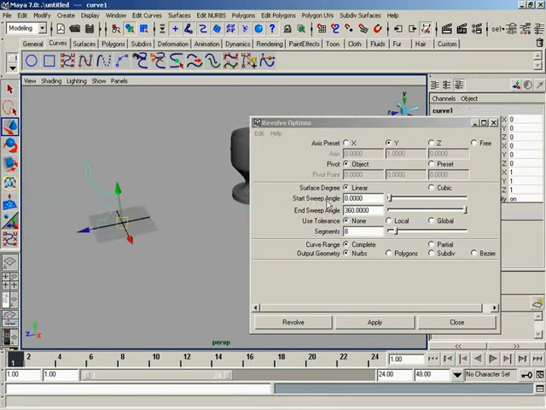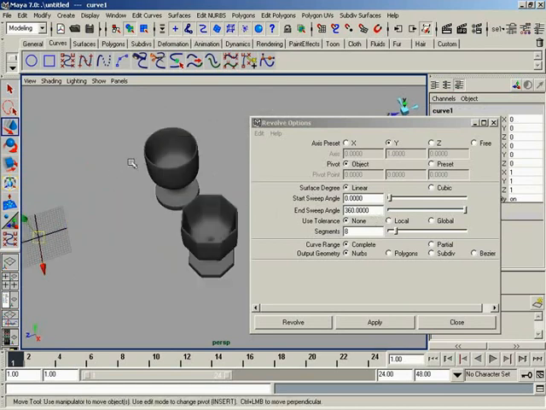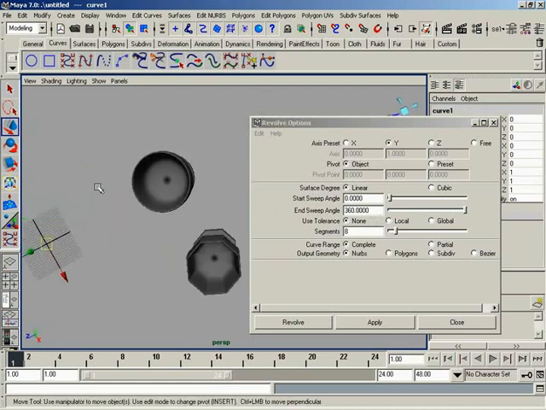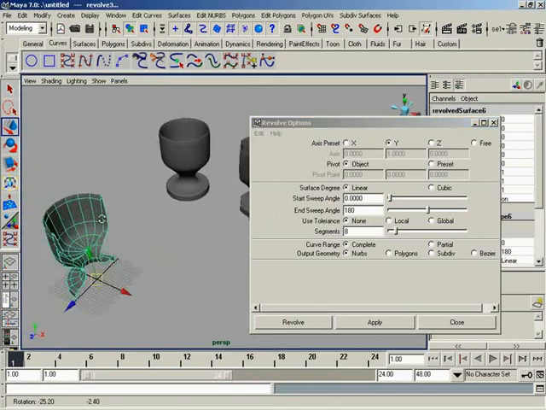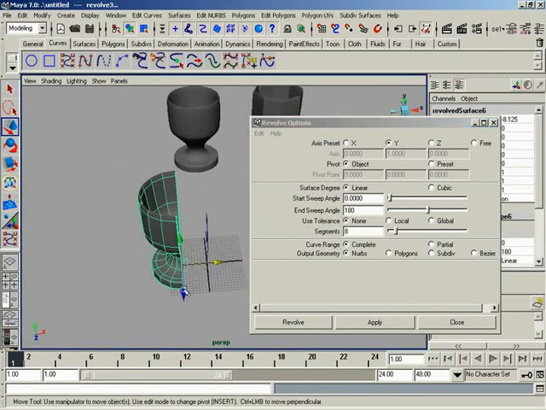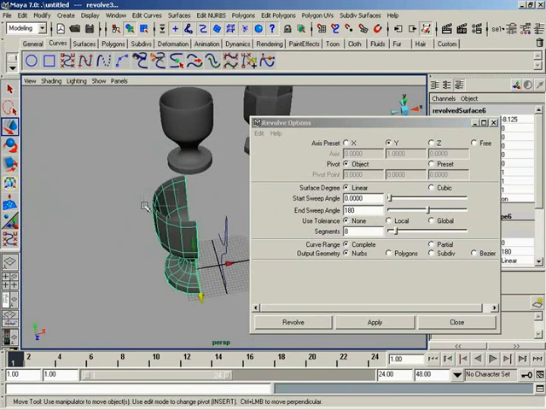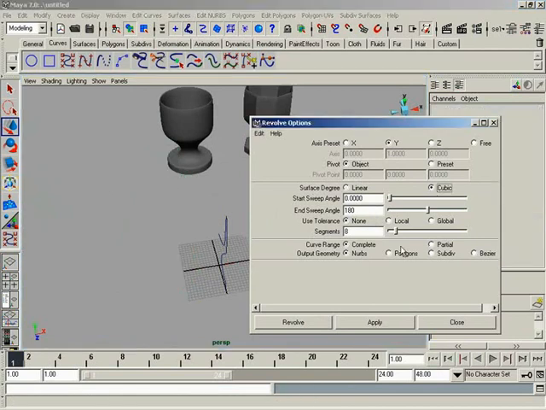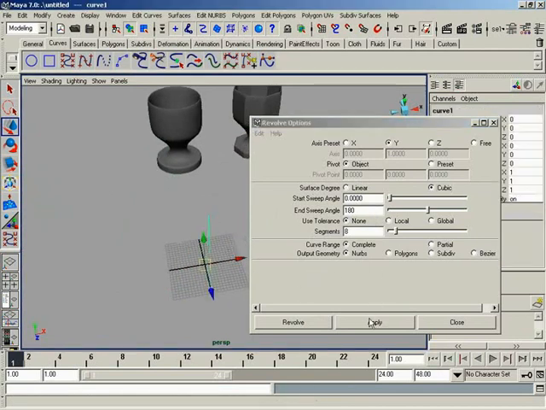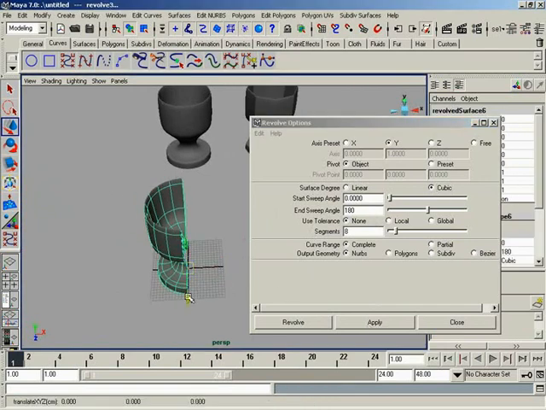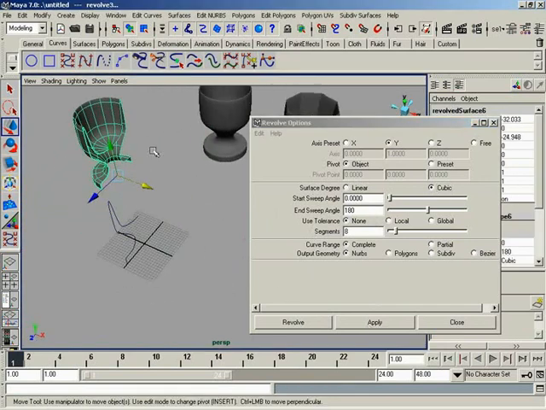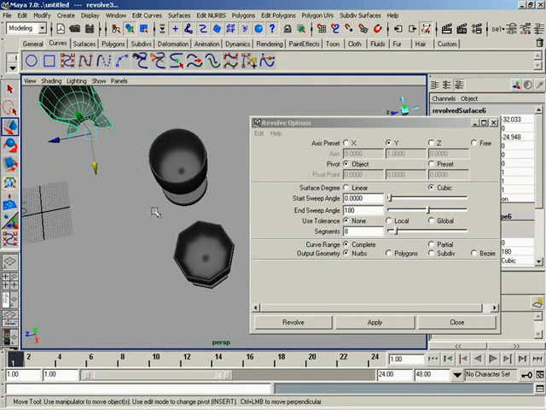You can control the start and end sweep angle for the rotation. By default, this is set to 360 degrees, so we're rotating all the way around. So if I set this over to 180, like so, we only get half a cup, as you can see here. This is very handy for creating a variety of objects. You need to make the canopy of a jet fighter. You can just make like a profile curve for it and rotate it around and then put your new object into place. And sort of a quick thing I would like to mention sort of off to the side,